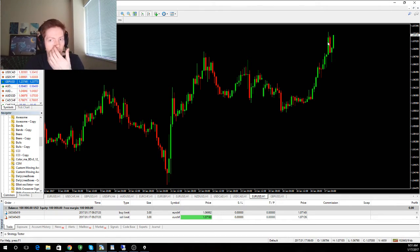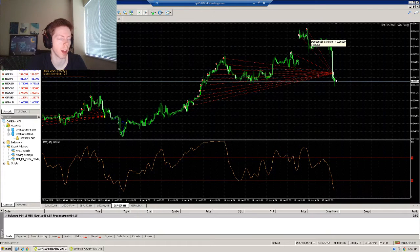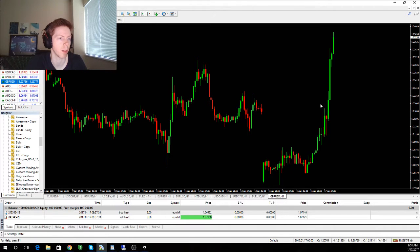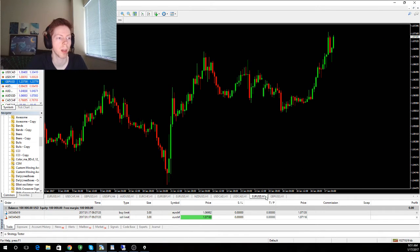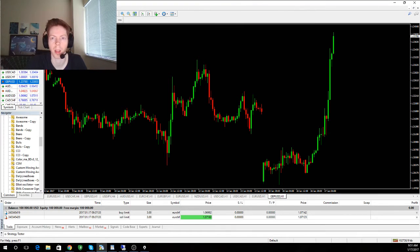So there's the difference. The difference right there is almost 300 pips, all right? And that's why we had to move back down on the euro pound, because of the pound moving up more than the euro in this case. Because if the euro was just moving up by itself and the pound was flat, then the euro pound would likely be pushing up. So in this case, because of the news that came out this morning, which I'm going to go over now,